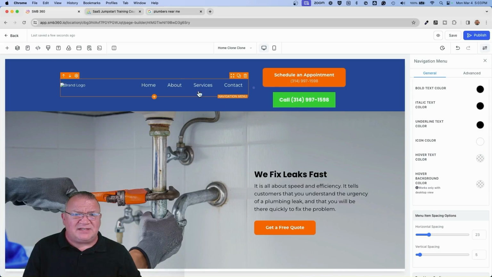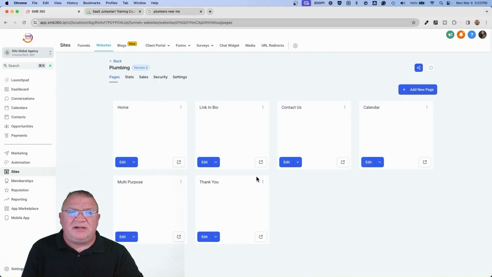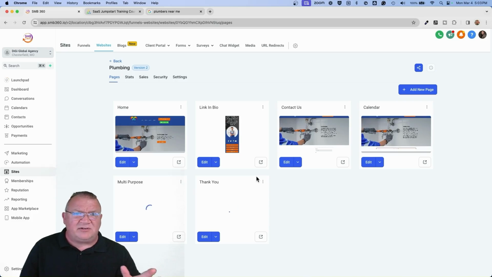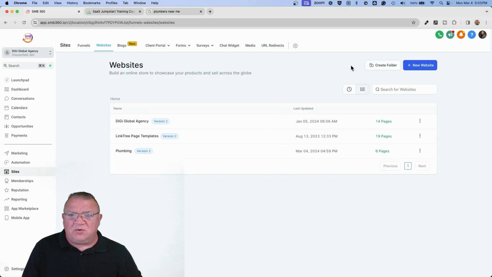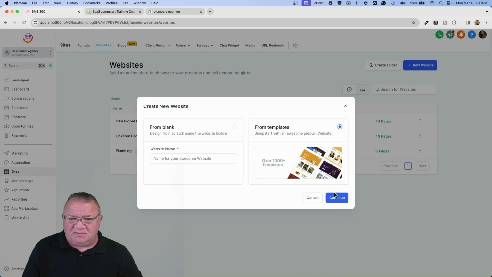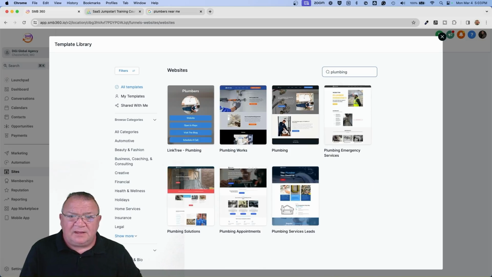I hope the power of that makes sense, and just the fact that you can have an unlimited number of websites. Again, this is one of the things I love about High Level. Unlimited number of contacts in your CRM, unlimited number of funnels, unlimited number of websites. All the websites can be hosted inside of High Level for free. So again, if you don't like this one, if you want to build another one, then we come here and say, if that template didn't work out, let me come here and look at this one.